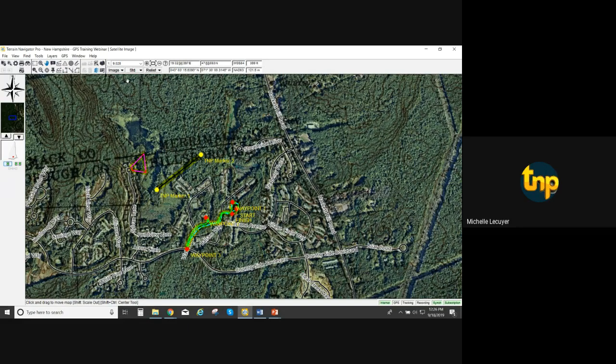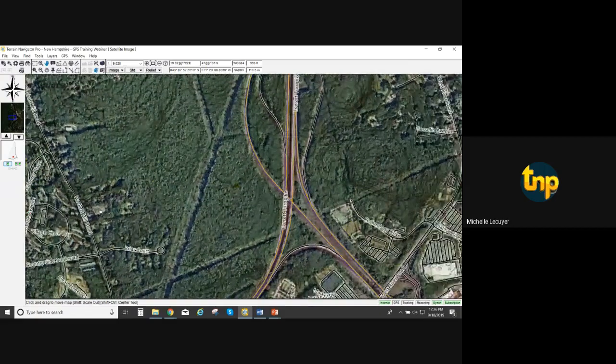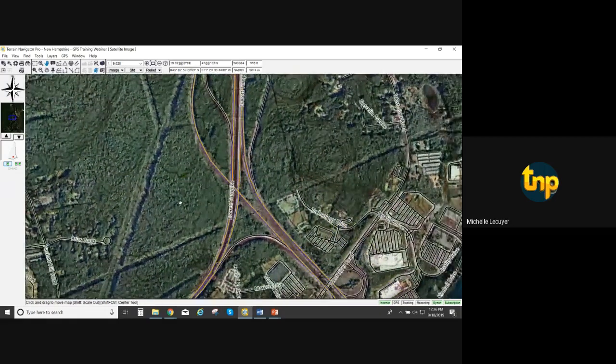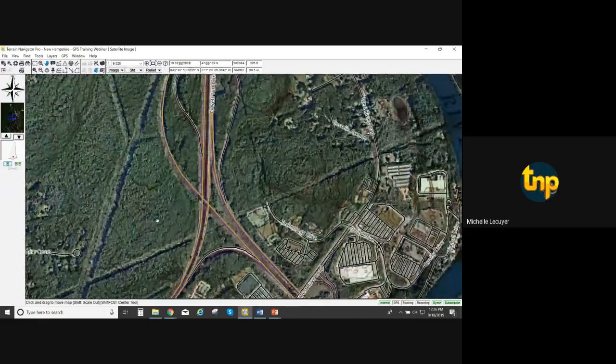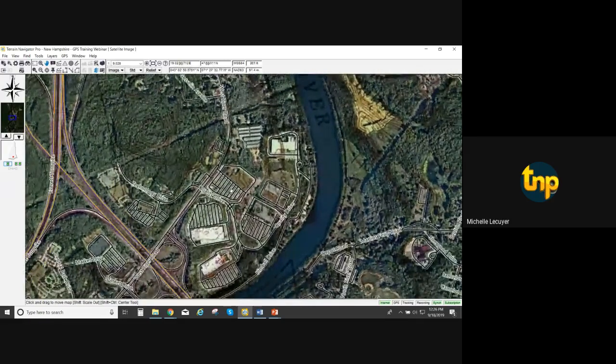tool. So let me just go to a different area of my map. I'm going to grab my hand tool and go to a different area. So let's say this section of map right here, I want to be able to take this as a custom map. So what I'm going to do is take my selection tool, and you'll see there's a pink box,